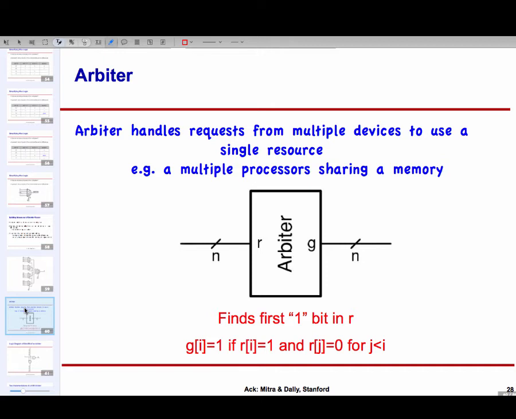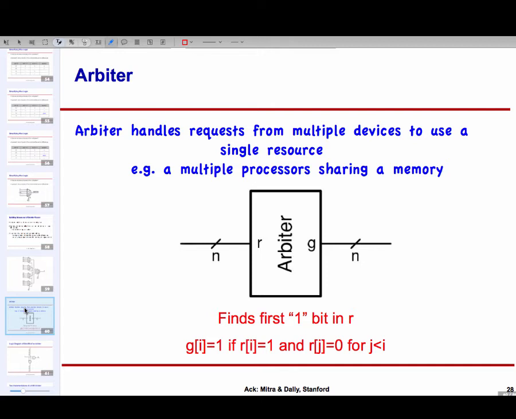In particular, we say that G_i is 1 if R_i is 1. So the ith player is the winner if the ith player made a request, R_i equal to 1, and none of the players with a smaller index made a request. So we start looking from player number 0, player number 1, 2, 3 through n minus 1, and we say player number 0, did you make a request?